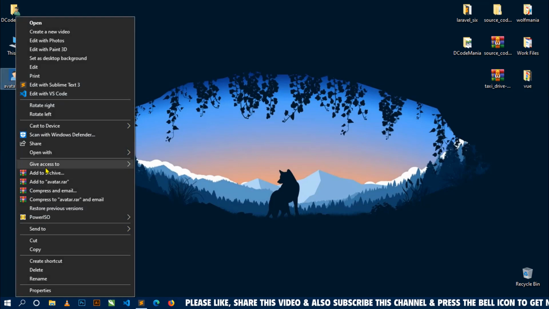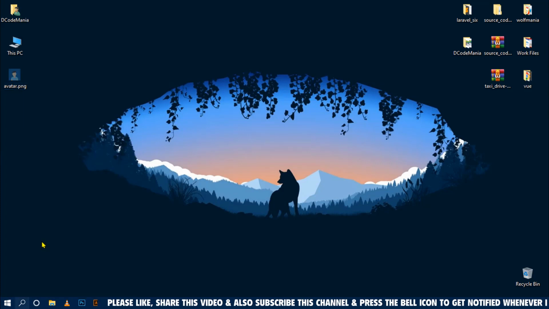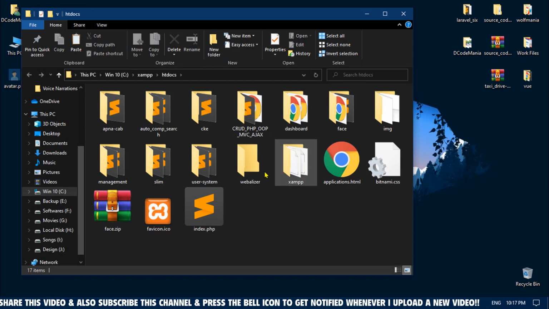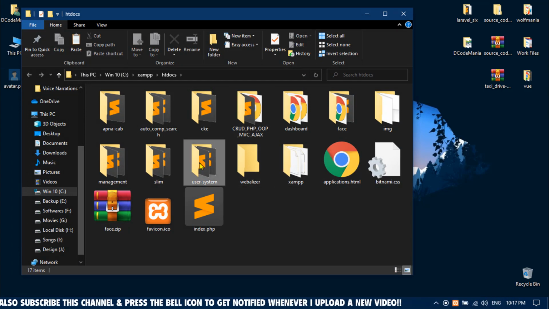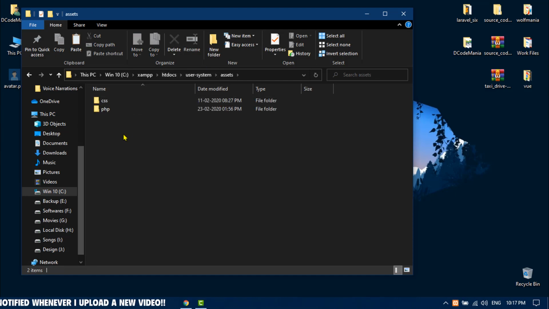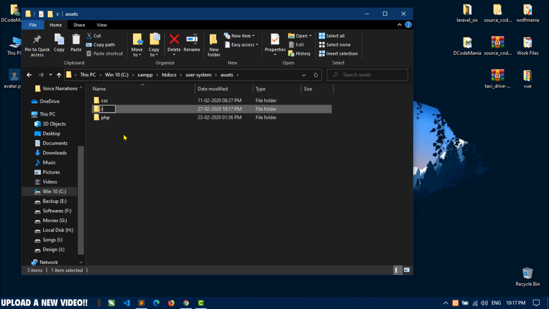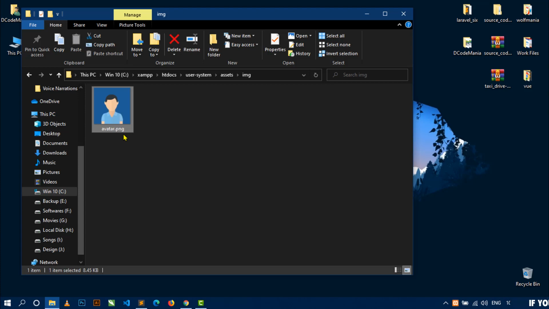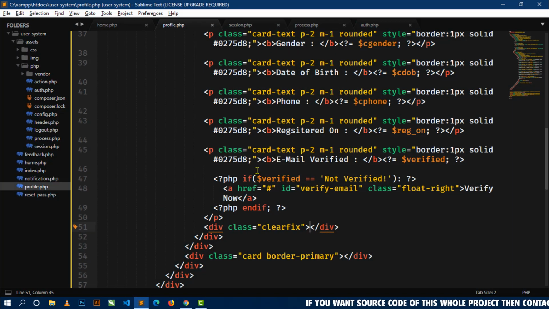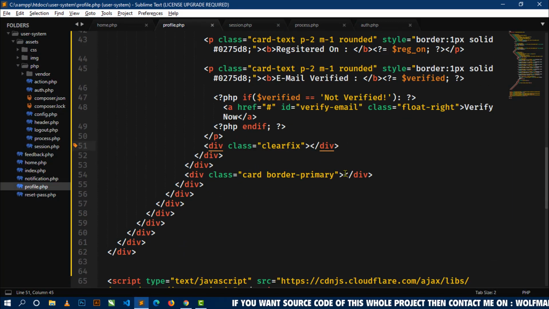Now let's cut this from here and open your project directory. So this is my project directory, user-system. Now open assets folder. Now create a new folder here, img. Okay, now inside this folder just paste this avatar and close. Now let's open this again here. Now inside this card